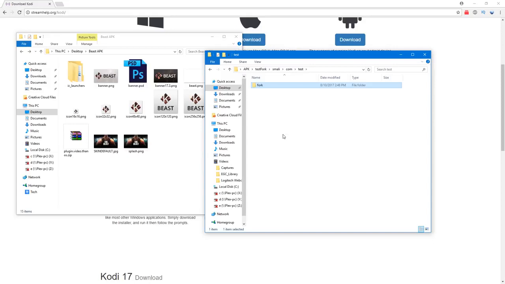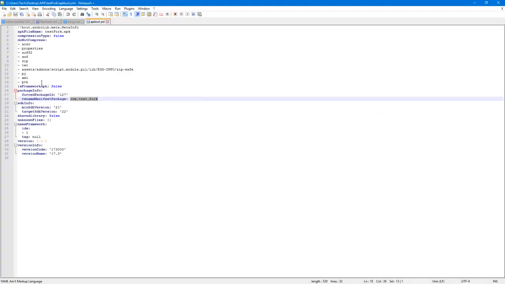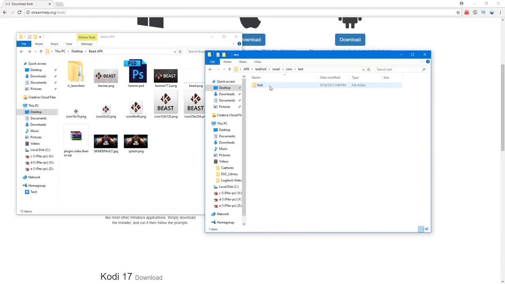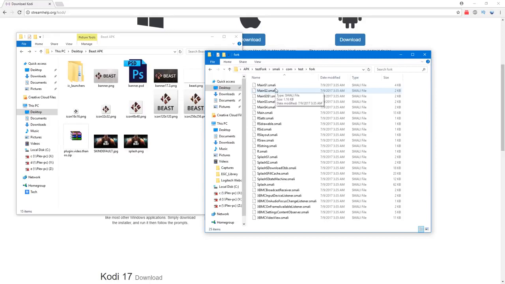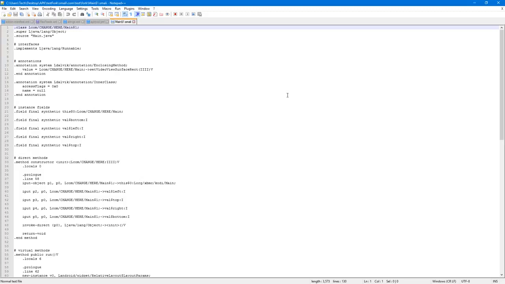But again, whatever name you put here on the APK tool, com test fork, it's what you need to do on this folder. It's basically saying this is where the folders are located. So com test fork. Now here what we need to do, you right click on it, edit with Notepad, and John Henderson